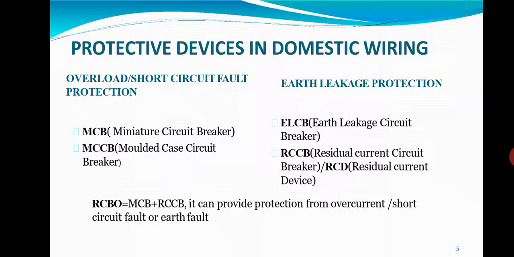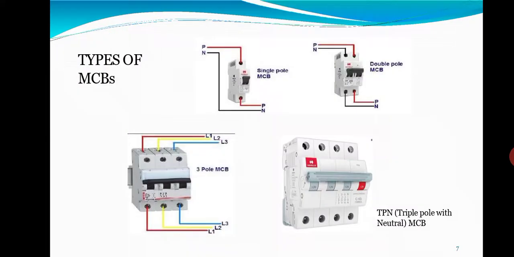We'll discuss in detail about the MCB. I think you know what an MCB is. So this one is the MCB, and there are two types: single pole MCB, double pole, and triple pole, that is three pole MCB, and triple pole and neutral. You can see a red here, that is the neutral, and the remaining three are poles. This is the pole.